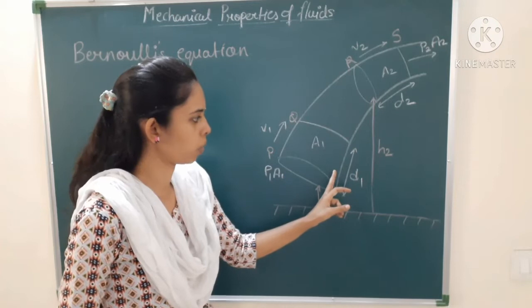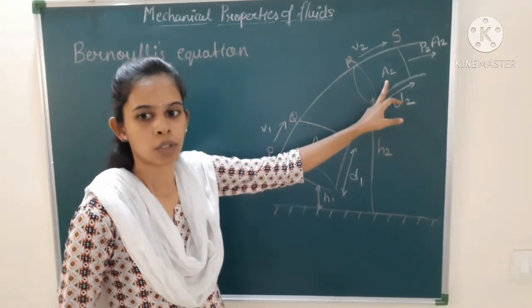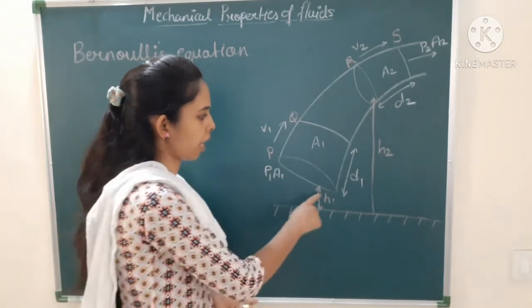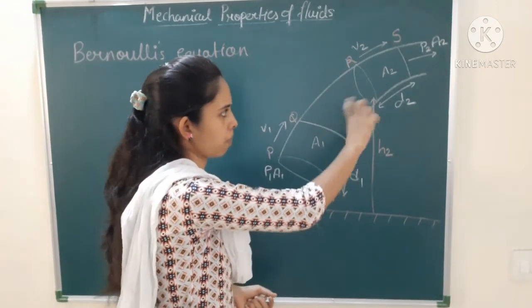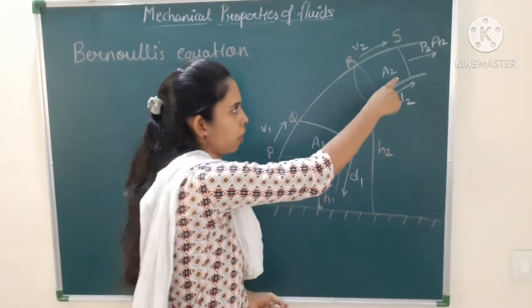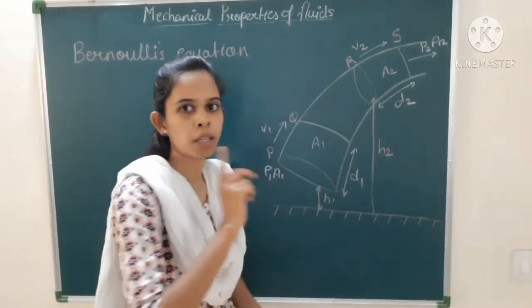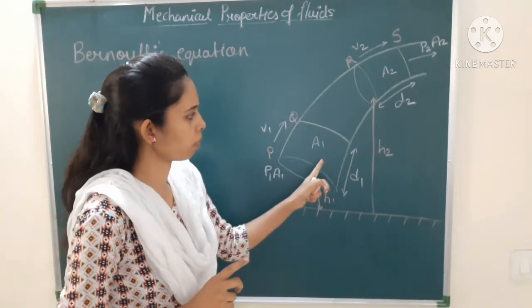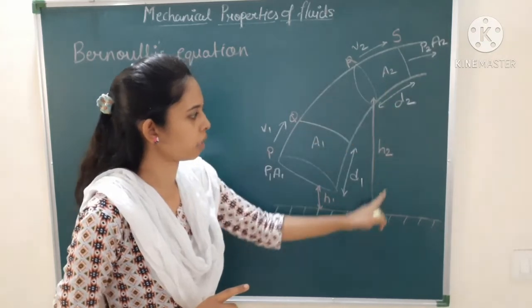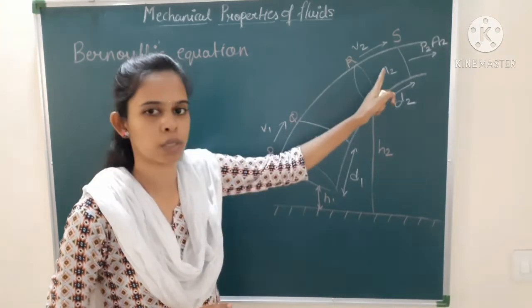Okay, so you can see that A1 and A2 is the area of the first section, that is the lower section and upper section. Here we are going to see upper and lower. Why? Because as the height goes on increasing, if the pipe is at some height, then the pressure over here and the pressure over here will be different. Here the pressure will be more as the height is nearer to the ground, and over here the height is so much, so therefore there is a pressure difference.